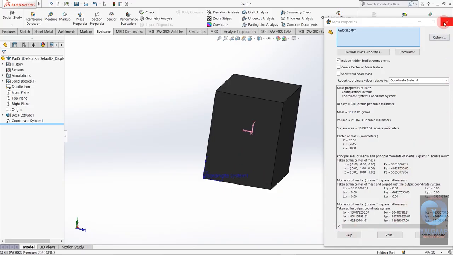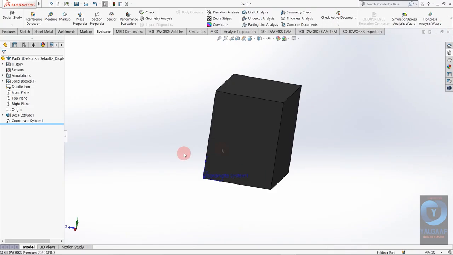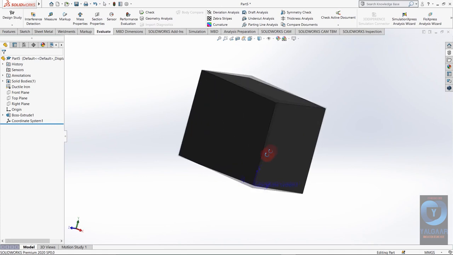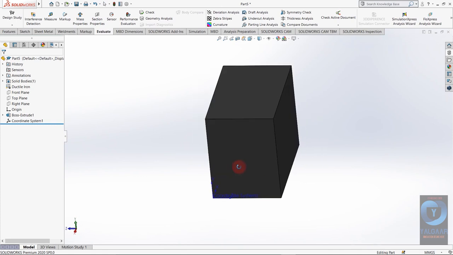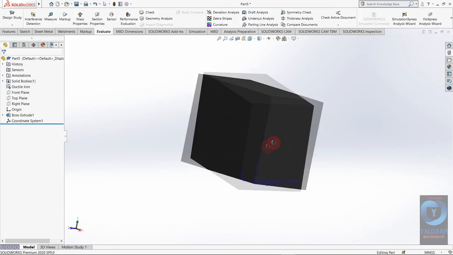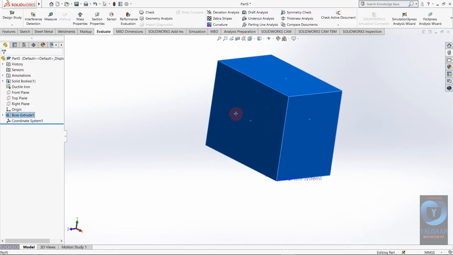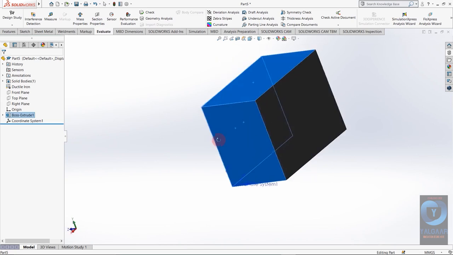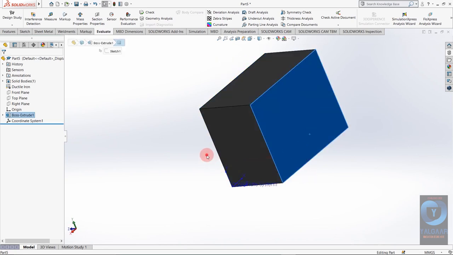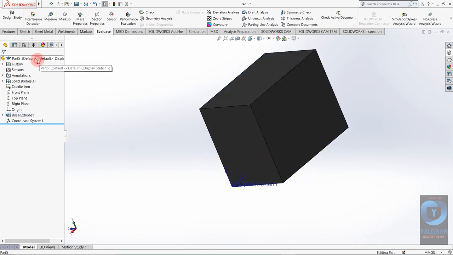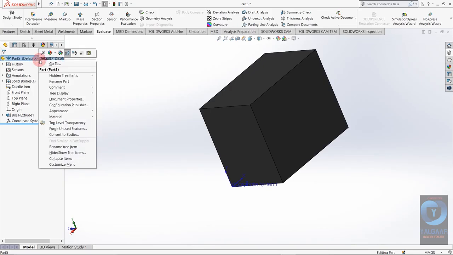So yeah, but the problem is with material, say I have selected ductile iron, so this color is not so pleasant. So you can also change appearance of this body. So just select all the planes, all the faces, or just select part, whole part, right click on that.